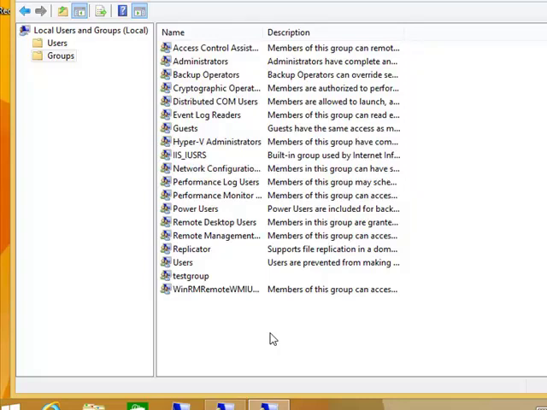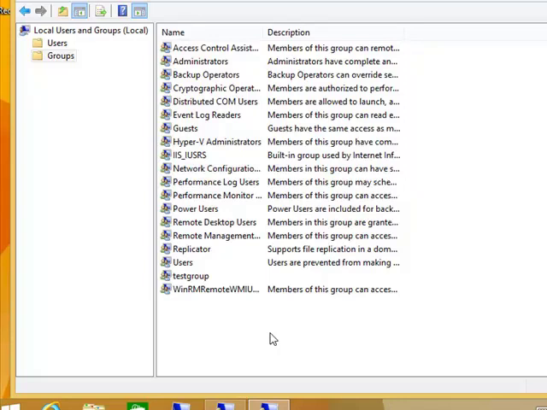Well, adding 100 people individually to that folder is a real pain in the neck. But I could add them to a group, particularly in a domain. I could add them to a group and have that group set up on all the particular folders that they need access to. And I don't have to add them individually to that folder as they come and go out of the financial office. I can just simply add them to the financial group, and that will take a lot